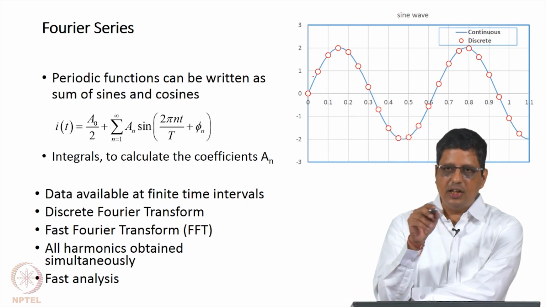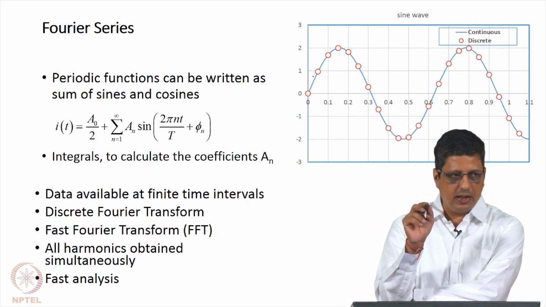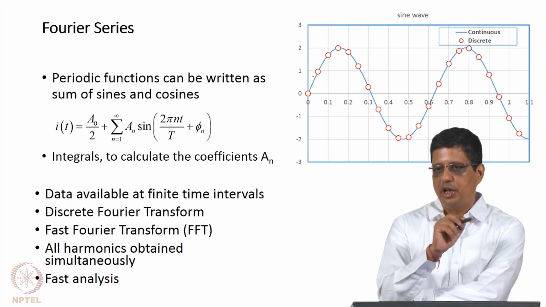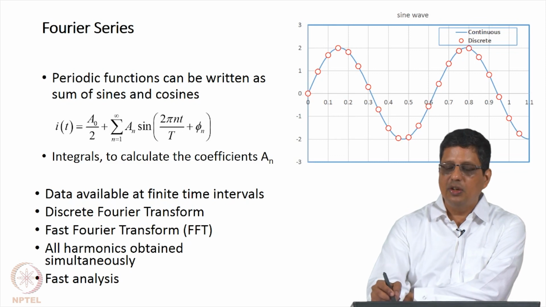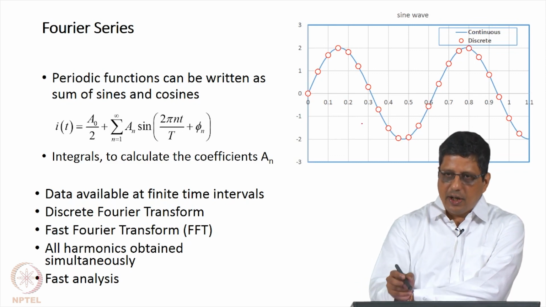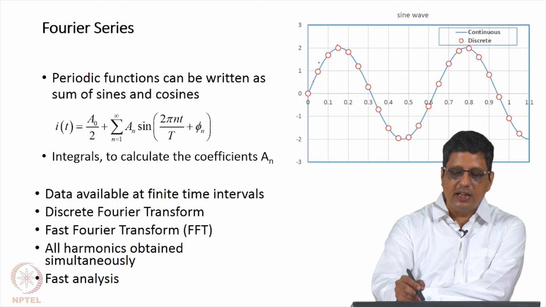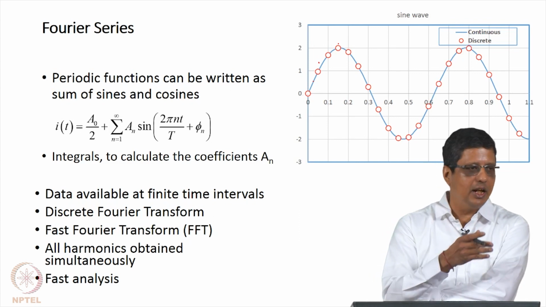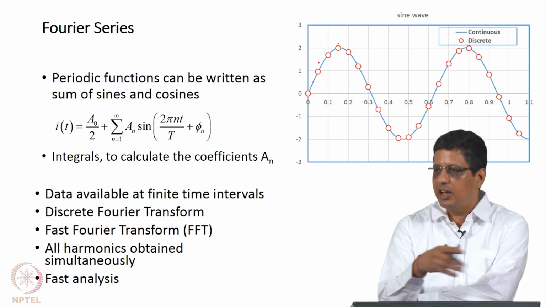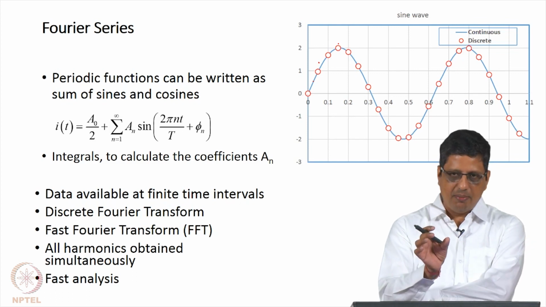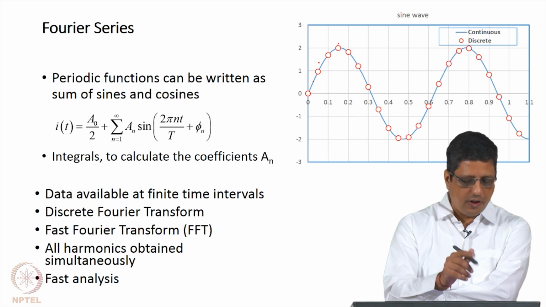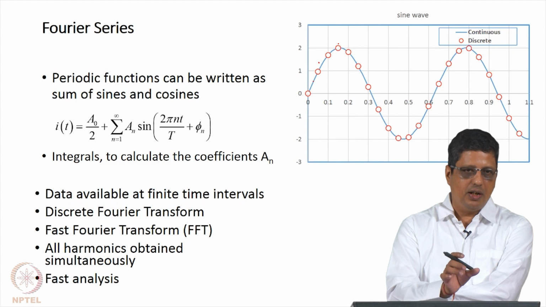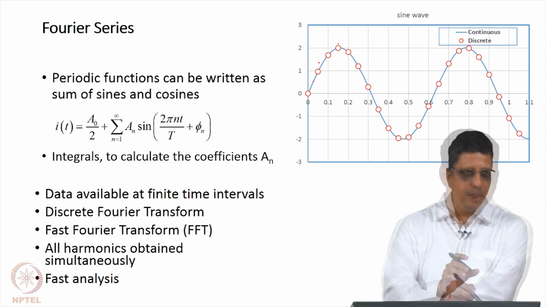If I want to specify a function in an interval, in theory I actually have to give you an infinite number of points. I cannot just tell you the function has this value; when I specify this, I do not tell you anything about the value of the function in between. If I want to specify it at all time intervals, basically I have to give, from 0 to 1 second, an infinite number of data points. We have a finite number of data points to handle, and for that we use the discrete Fourier transform. One of its algorithms is called the fast Fourier transform, FFT.